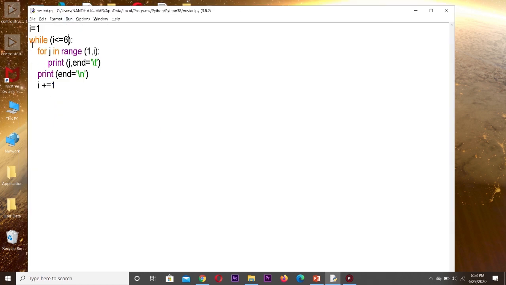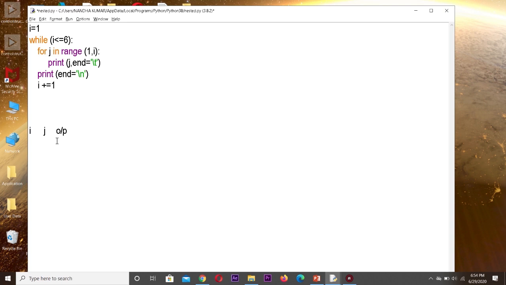Now we are going to see how it is executed. The while is the outer loop and here the for is the inner loop. Since we are using while, the control variable is initialized outside the loop. Let us see the walkthrough of this program. We are using I, next we are using j, and we are going to see the output for that.